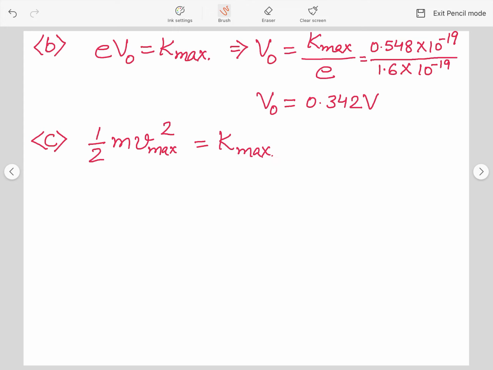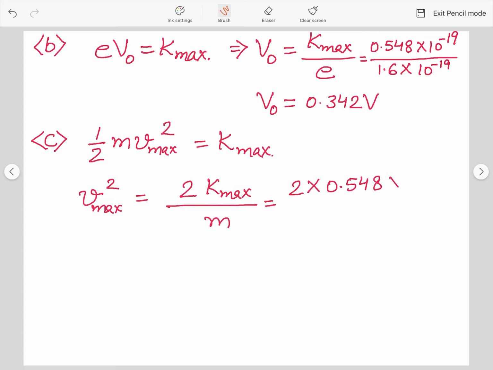This formula will be used. So on solving, V max square is equal to 2K max upon m. Just put the values. 2 into K max. What is the value of K max? That is